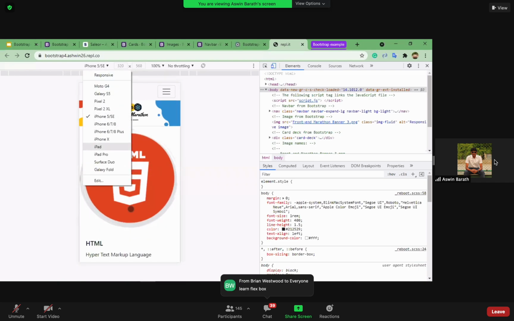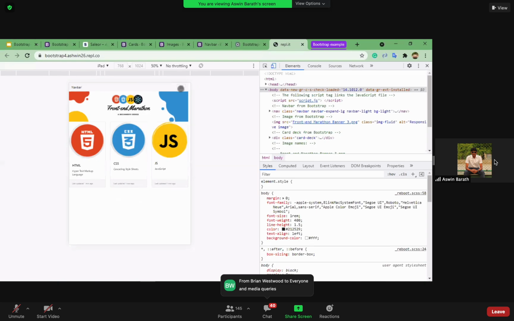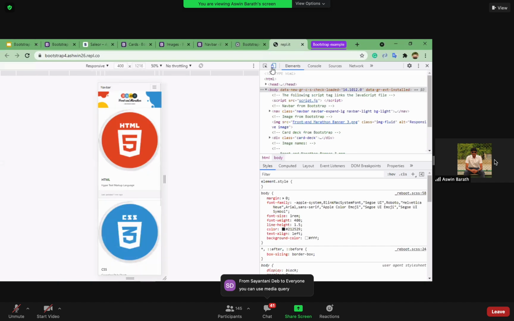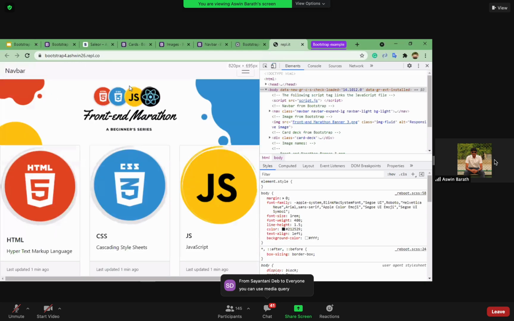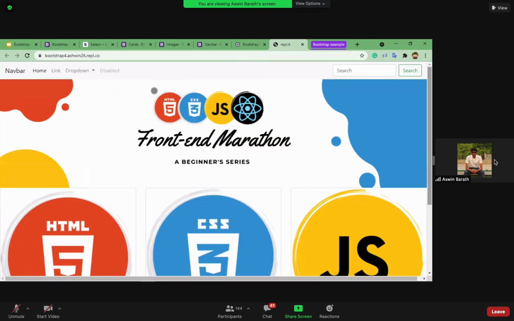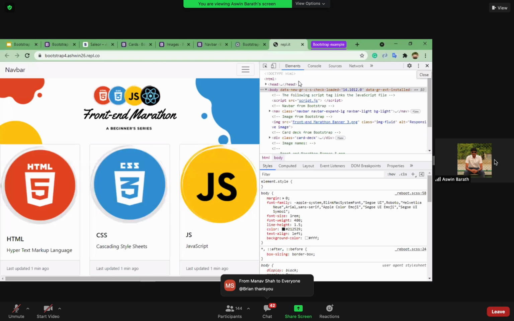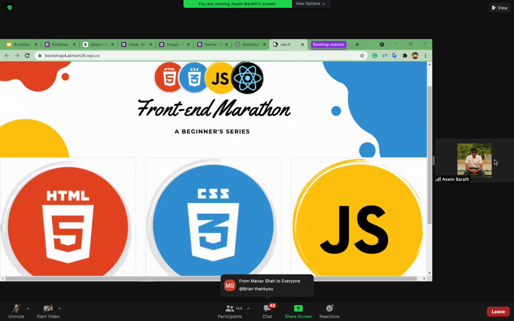I choose iPad. Okay, as you can see, the nav bar also reduced to a different type. If I close it, the nav bar is different, right? But when I try to change it, the nav bar is also responsive accordingly. So yes, when I say responsive, it's also for mobile screens as well.